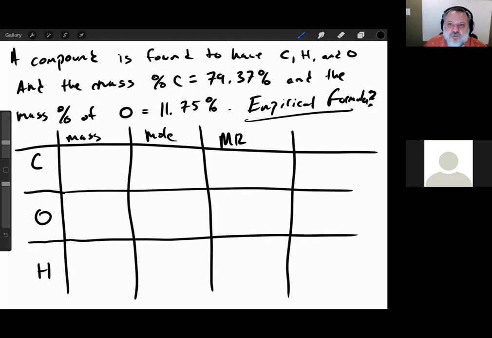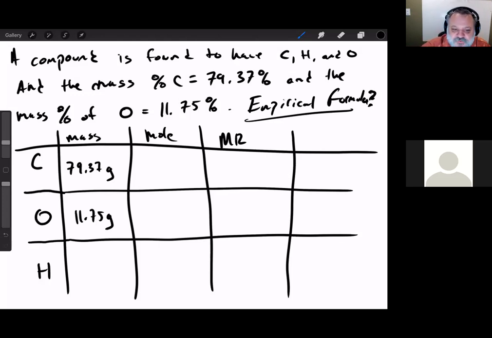Well, we can make an assumption that we have a 100-gram sample, and if we do, it's 79.37 grams carbon and 11.75 grams oxygen. What's the mass of the hydrogen? I didn't give it to you. I didn't tell you the mass percent composition of hydrogen, but this is an example of just the remaining bit. I'm just leaving out one little piece, and you should be able to figure out the other piece